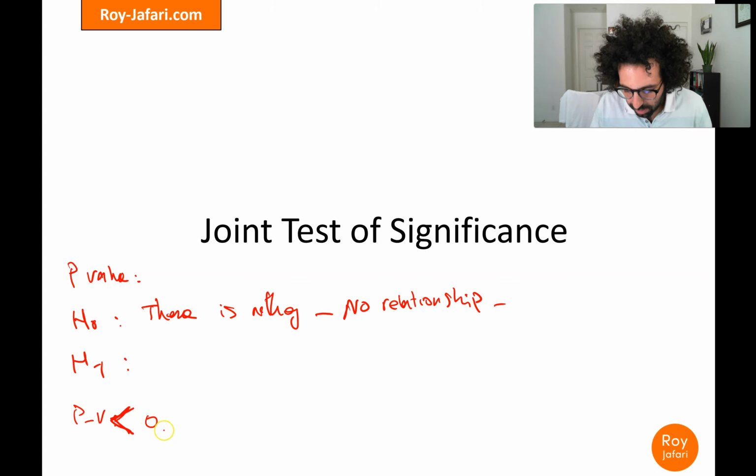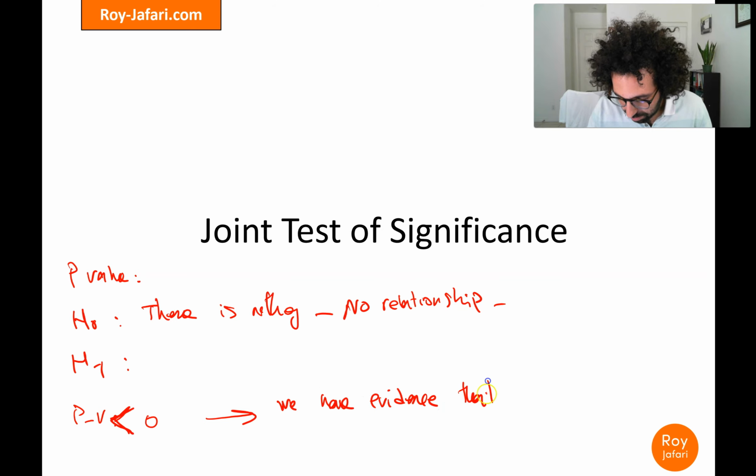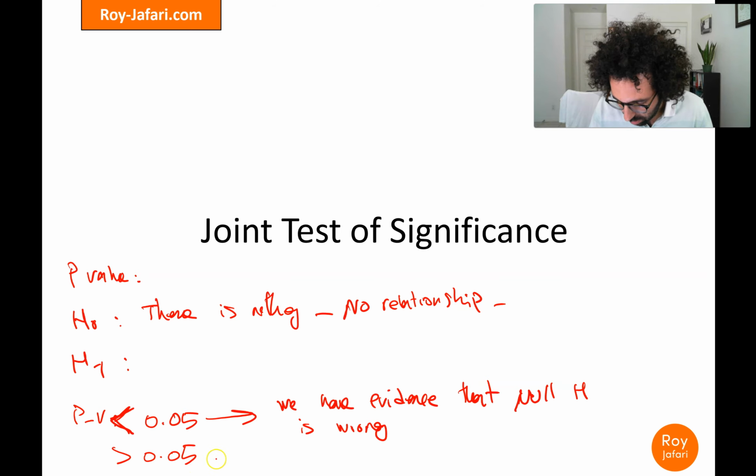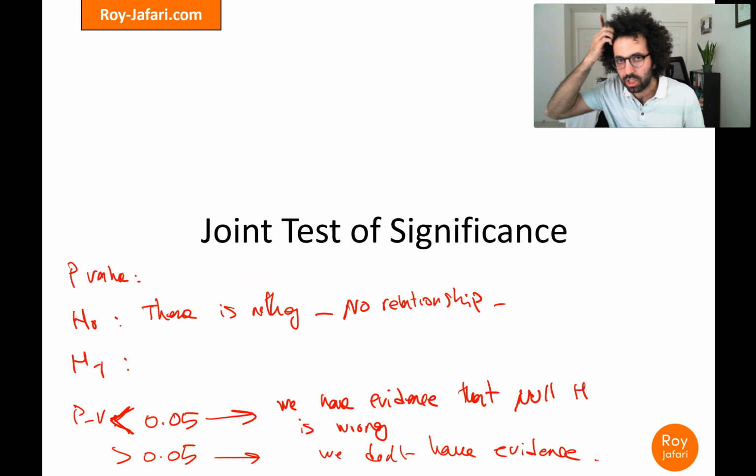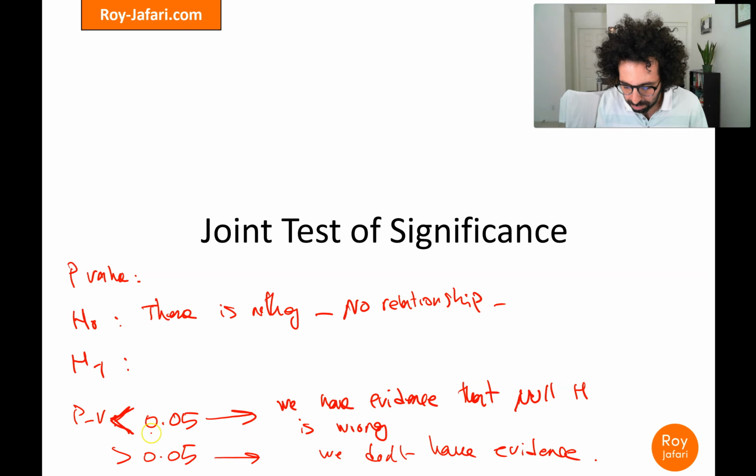what does that mean? It means that we have evidence that the null hypothesis is wrong. And if that's not the case, if it's larger, then we don't have evidence to that, right? So one thing we want to pay attention to here is that this 0.05